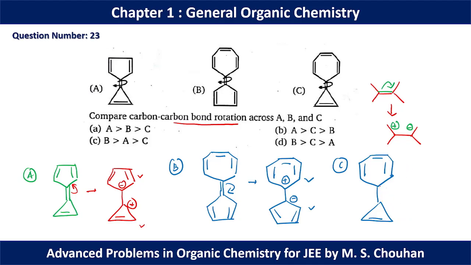If we go the other way, if we dissociate like this, finally we can have a positive charge over here and a negative charge over here. In this case, the upper ring will become aromatic, but this lower ring will become anti-aromatic. So the charge separation is not at all favored in the C molecule. In the C molecule, we preferentially have a double bond present in this position, and the rotation will become very difficult. So if we compare, the rotation will be minimum in C.